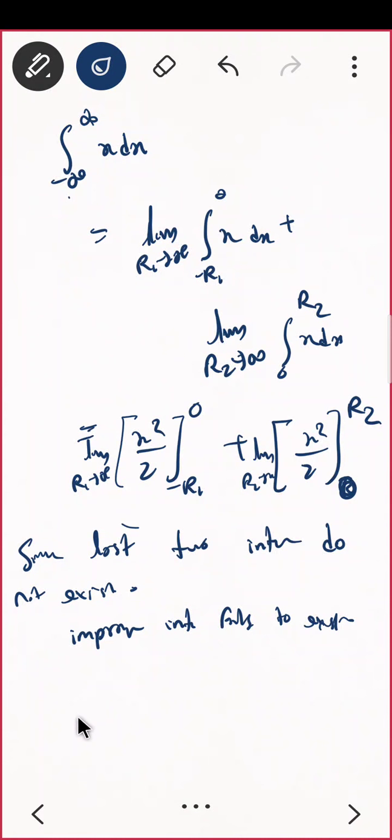Some network issue. Okay, so what do you see? Each of these does not exist, but you can still do one more thing. Try to see whether the function is an even or odd function. Which type of function is this? f of x equal to x, whether it is even function or odd function.